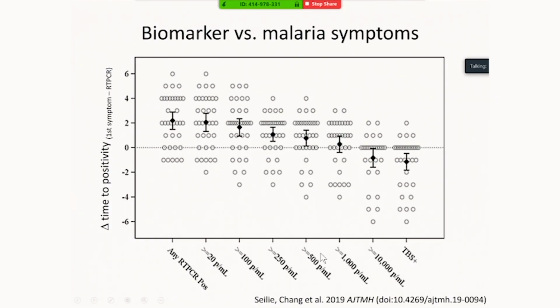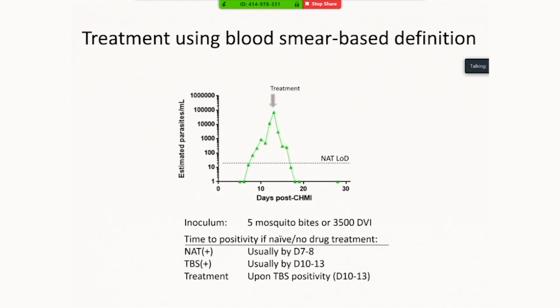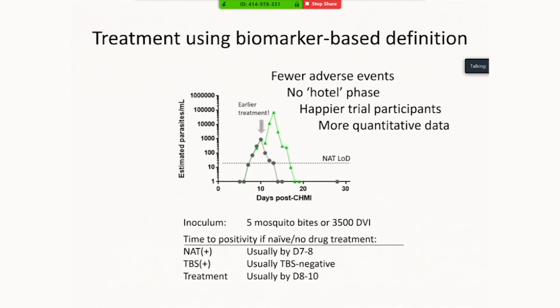As you ratchet up the number of parasites where you would call your molecular test positive, you lose that sensitivity. And so our test sensitivity is down here in the most sensitive range. The idea with this, of course, is that let's say this is a patient's parasite density over the course of their infection in a study where they were tested by blood smears. Now, blood smear is applied every time, but it's only positive here, and when it's positive here, they initiate treatment. When we use a biomarker, we can detect the infection confidently and earlier,